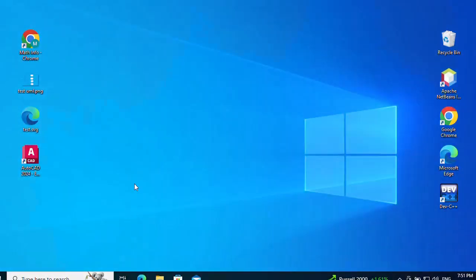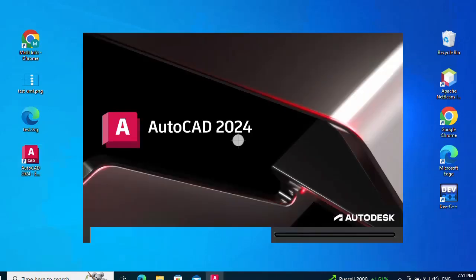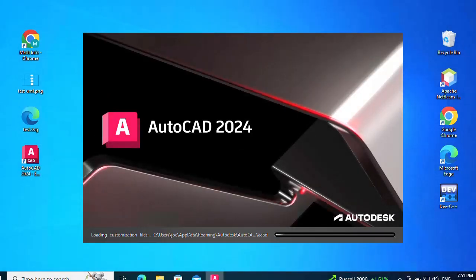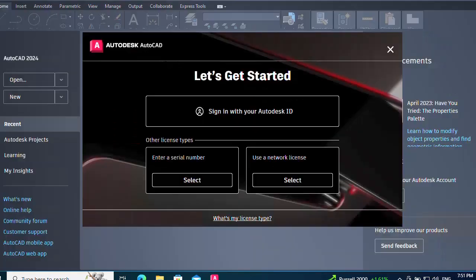As you can see here, after restarting my computer, a shortcut has been created here for AutoCAD 2024. So I'm going to open it just to show you that it works. So let's do that. Double click on the shortcut. It's going to load all of its components that are needed for this app. And as you can see now, AutoCAD